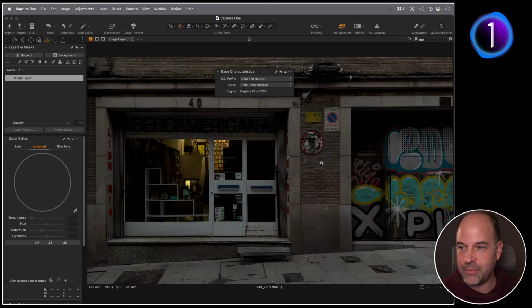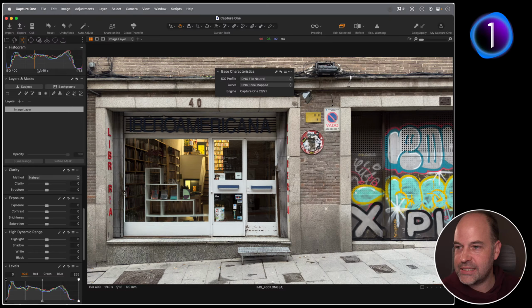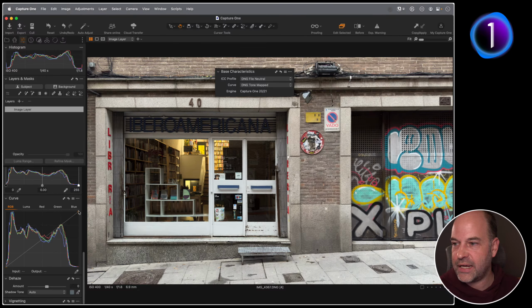So if we go back to tone mapped, it actually looks pretty good. But for reasons that I don't quite understand, even after a long conversation with one of our developers who's much more intelligent than me and understands these things, what I found was that I had some limitations in editing because the tone mapping has pulled the raw file around so much already. We're hitting some of those limitations. So I wanted to pull the highlights down a little bit, but I couldn't do it with the highlight tool. It has very little effect, but I can pull the curves down a touch like so, and then get some of my highlights back in the background. But just be aware,